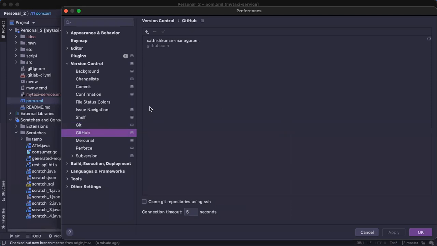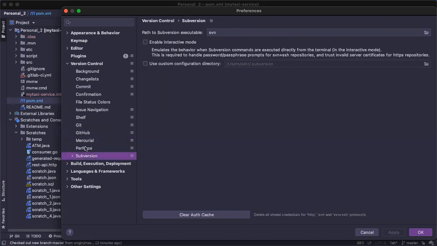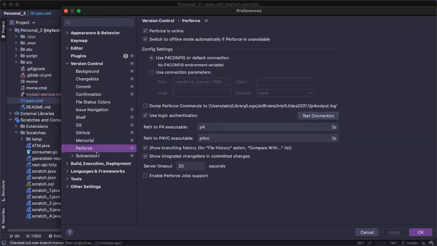This GitHub gives some native support with the list of projects and everything. Here we have GitHub Enterprise also. That's fine. This is just a small feature added by the GitHub developers to IntelliJ. Actually this is very recent only. Previously it was having only Git, Mercurial, and Subversion. I never use this one, but it is also a kind of version control.